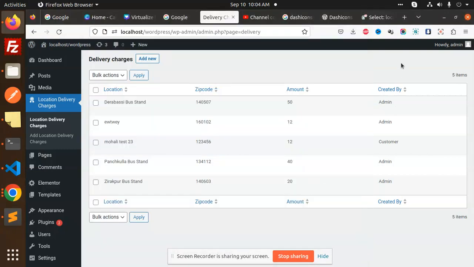Hello friends, welcome back to the new tutorial of the WordPress WP List Admin. Today we are going to learn how to add the search box and do the search process in